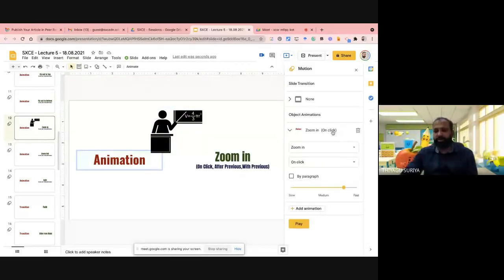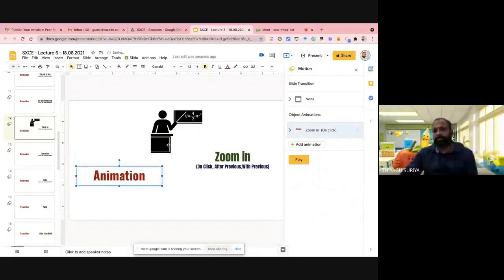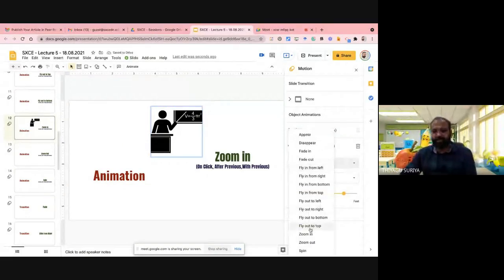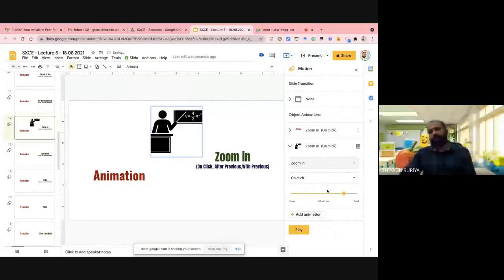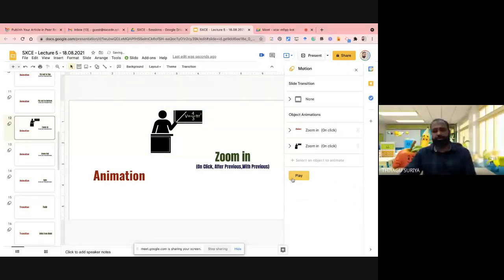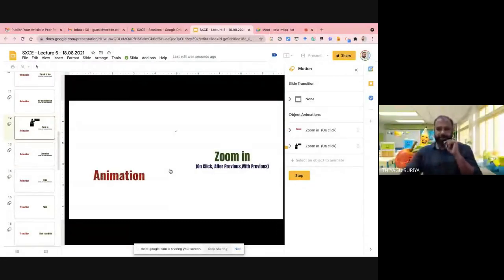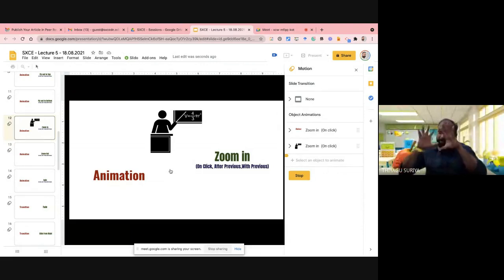After that, go here and I'm doing the add animations. In the add animations, I'm giving this a zoom in. And I'd like to go with the media. Now you can see how it is visible. Zoom in animations. Now, the image comes like this. So this is called zoom in, small to big.